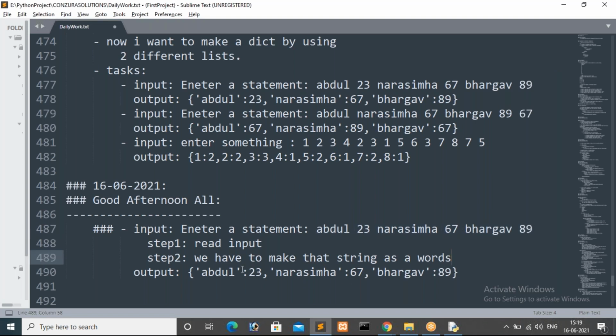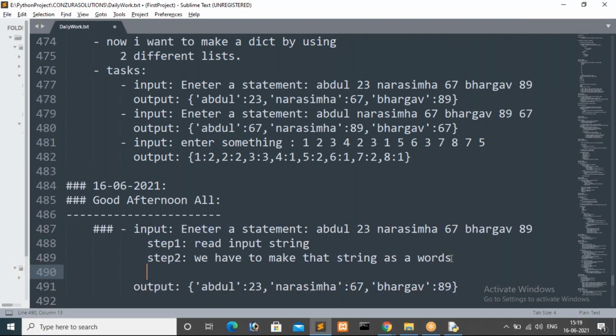So this is over. We have to make that string, in the sense the read input string, into words. That is over. Third step. In the third step, we have a list of words with us, right? In the second step we are getting a list of words. In that we have a few alphabet words, and a few are numbers.